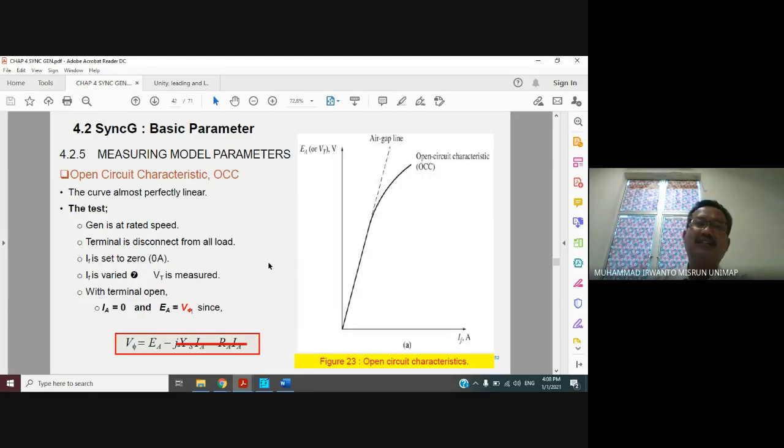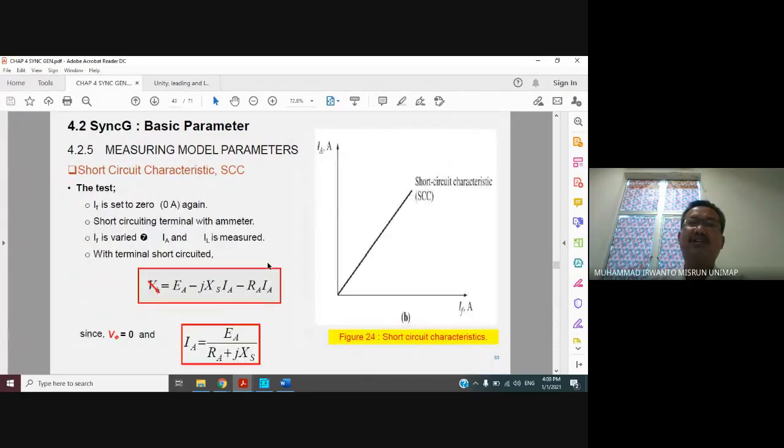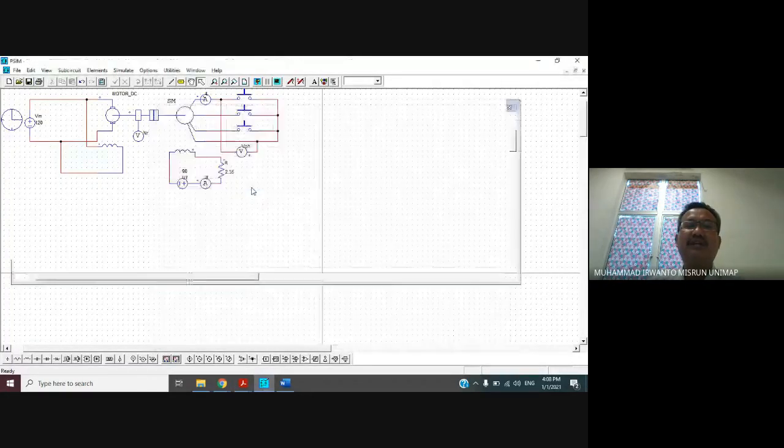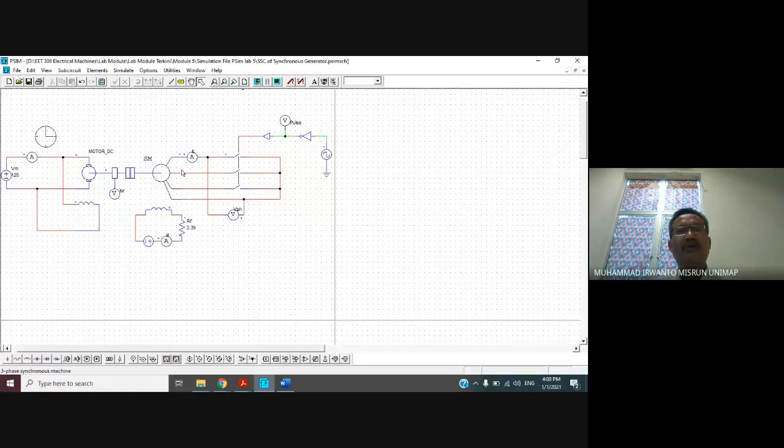Okay, and then lastly we do one test, which we call the short circuit current test. Meaning like this, we do it when the generator is operating. After that, we give a short to all the terminal ends of the synchronous generator here. In the module I made it as a flow. Now when this switch is closed, meaning we give the short circuit.